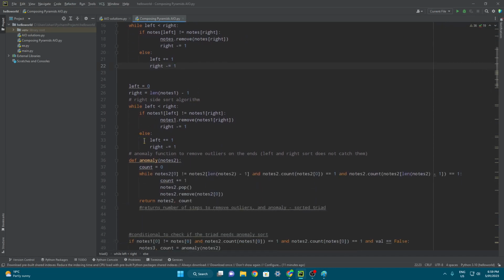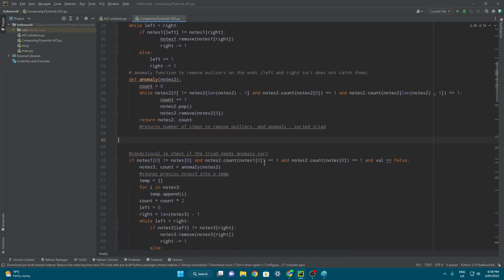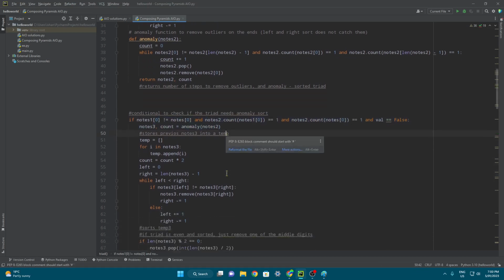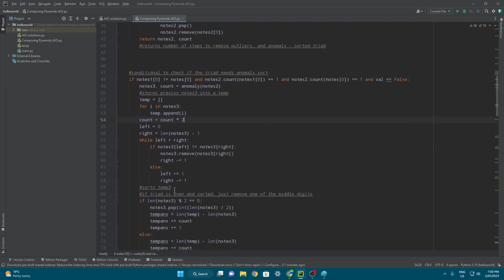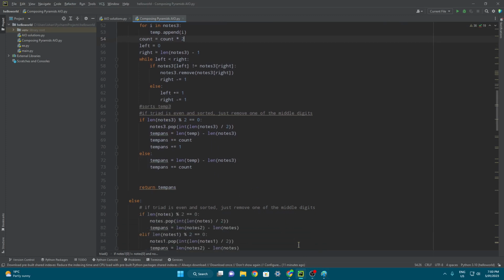So once we've got our left and right sort algorithm, we're going to have an anomaly function. The anomaly function is actually very interesting. We'll get back to it later, but first we'll describe the simple algorithm. So this is a conditional to check if the triad needs anomaly sort. Else, if it doesn't need the anomaly sort, we're just going to